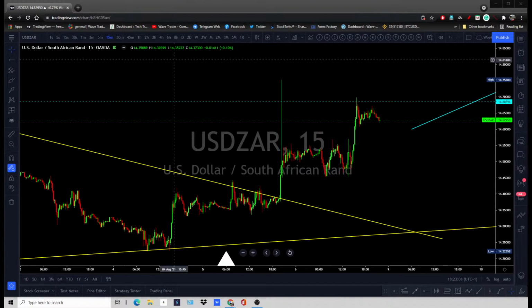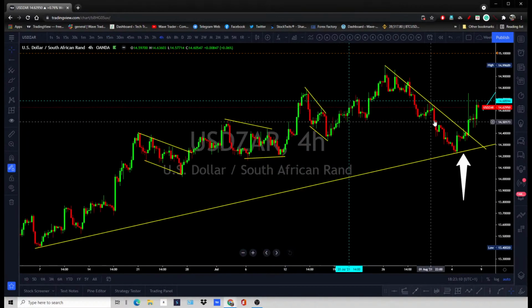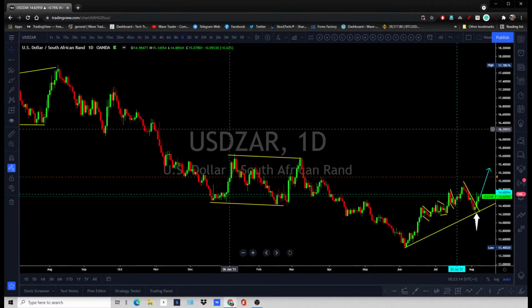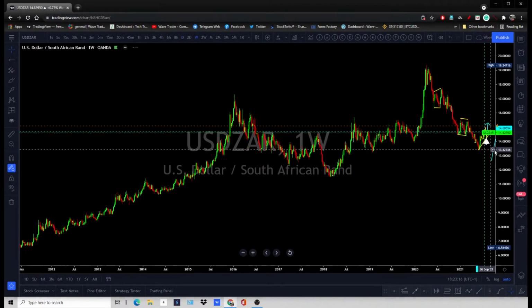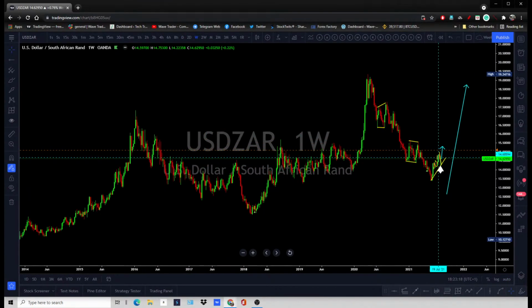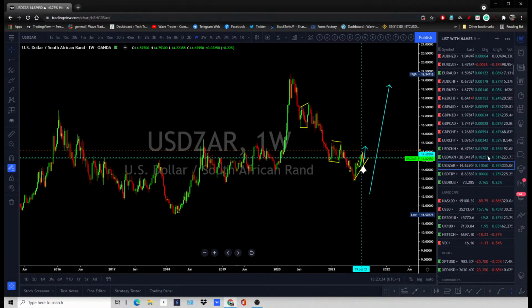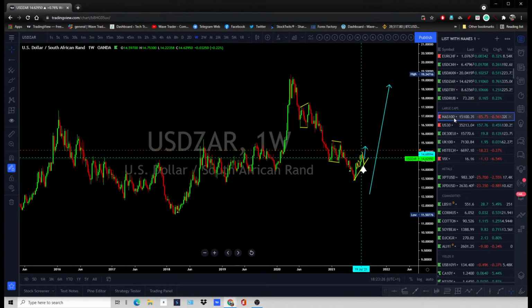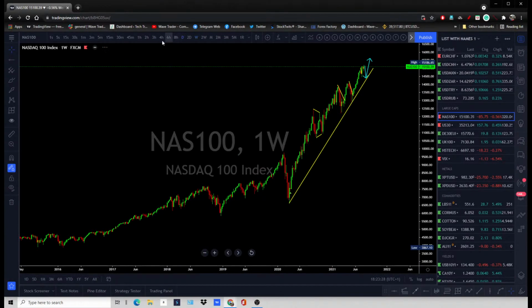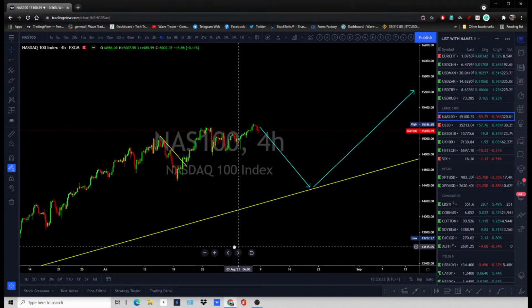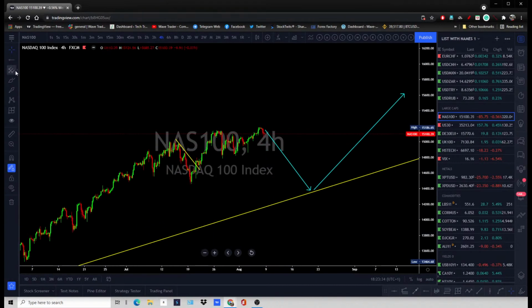So that's the strength on the dollar against the rand, and how far it can go. It can break the previous weekly high. Obviously it's going to take time, but you are looking at that as the longer-term target. Let me look at the large caps quickly, and then we're going to finish. Again, same analysis as the S&P 500: a deeper pullback or keep pushing higher.